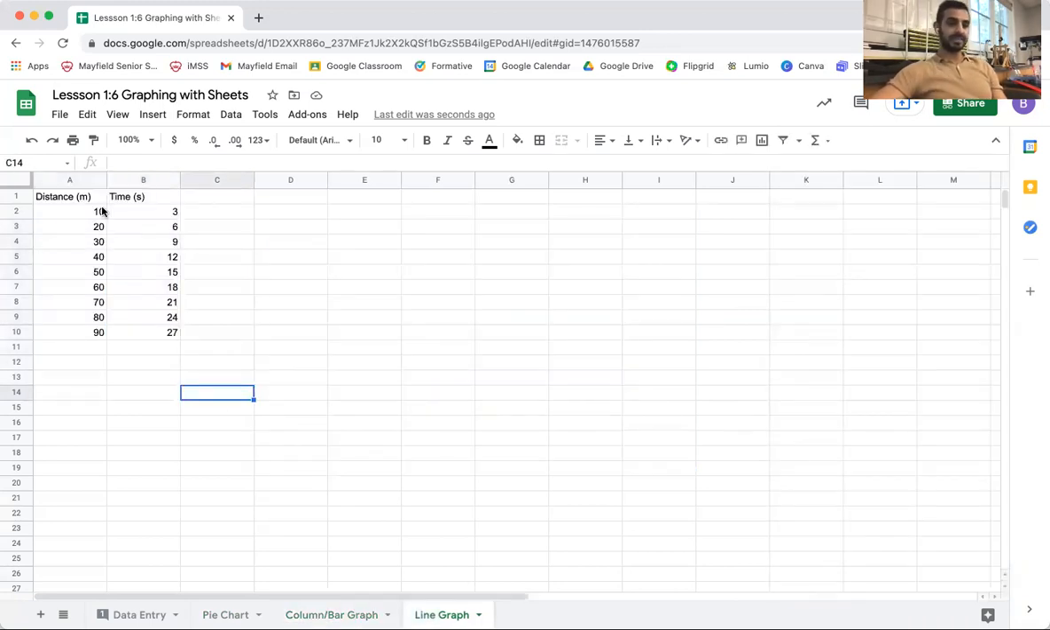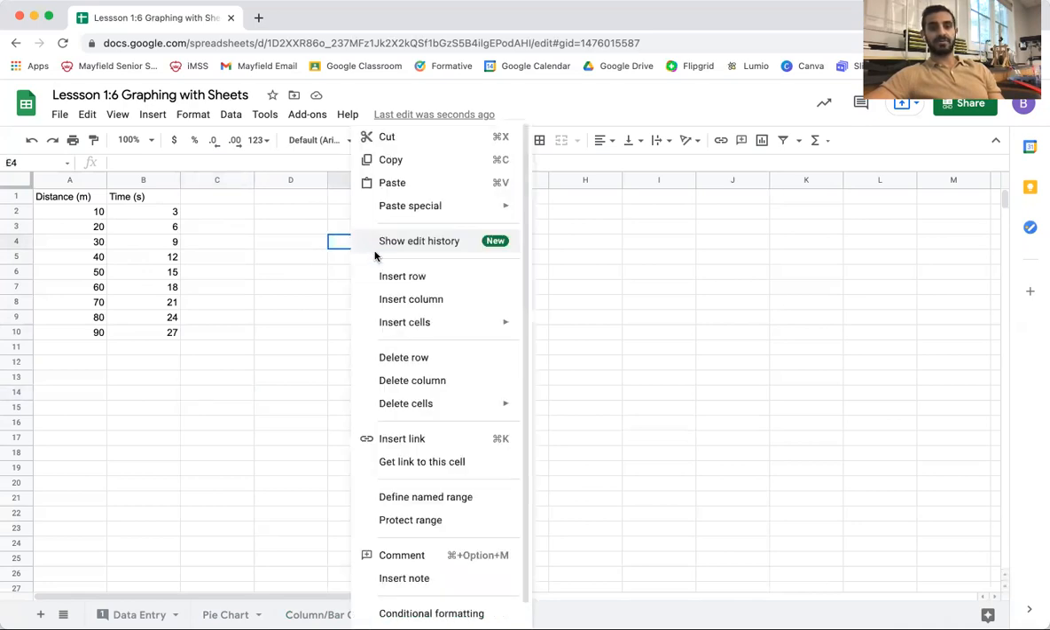And then finally, my favorite reason to use Google Sheets or Excel is to make line graphs. So this is a distance versus time. This is just a set of data. Should be linear because I created it in a linear way, meaning that each of them follows a specific pattern. And again, we want to do the same thing. Select a cell,